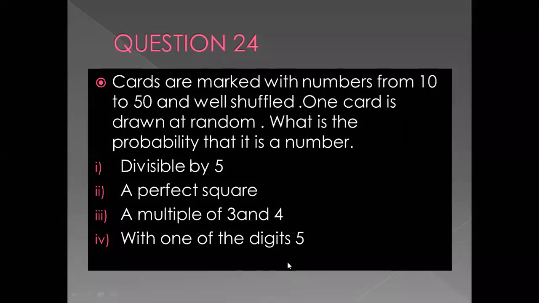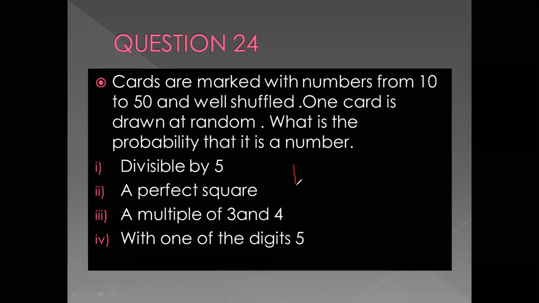So you have to understand that the cards over here, these are the cards as I had drawn last time. These are not the playing cards. These are cards which have a number on them. So this is one card, this is the second card. Like that, there are cards which are marked till 50, but this time the card number is starting from 10. So if you're starting from 10, then numbers 1 to 9 are missing and it is still 50.